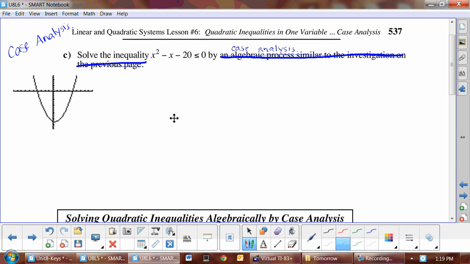So we get to say, okay, when this equation is less than 0, it's this part right here. So we know it's going to be all of these x's here, because all of these y's here are less than 0. Okay? I wouldn't, because we're just looking at the graph, right? Yeah. Okay, so